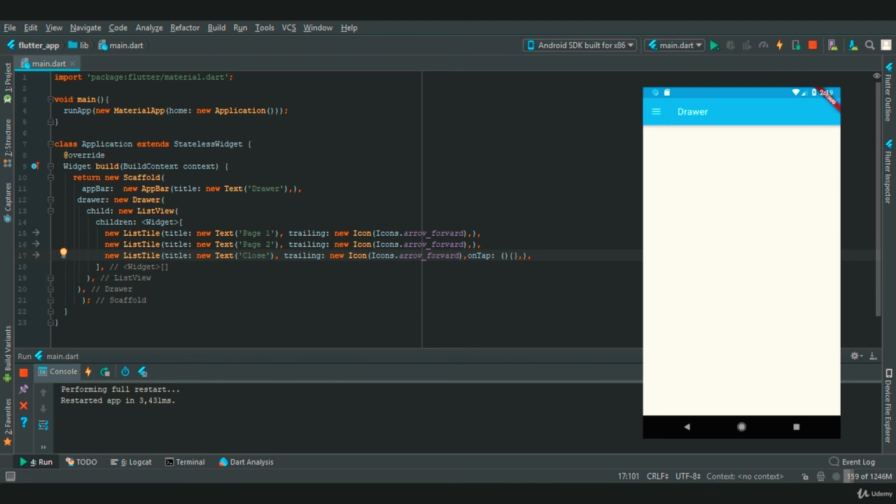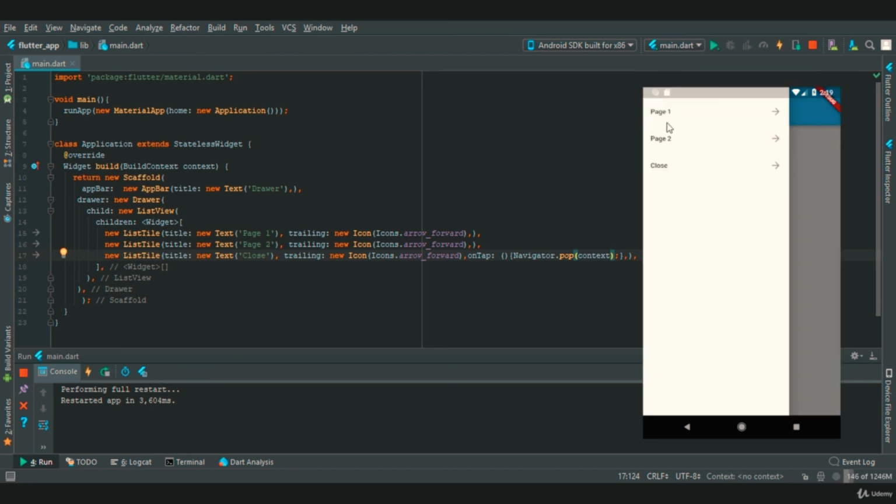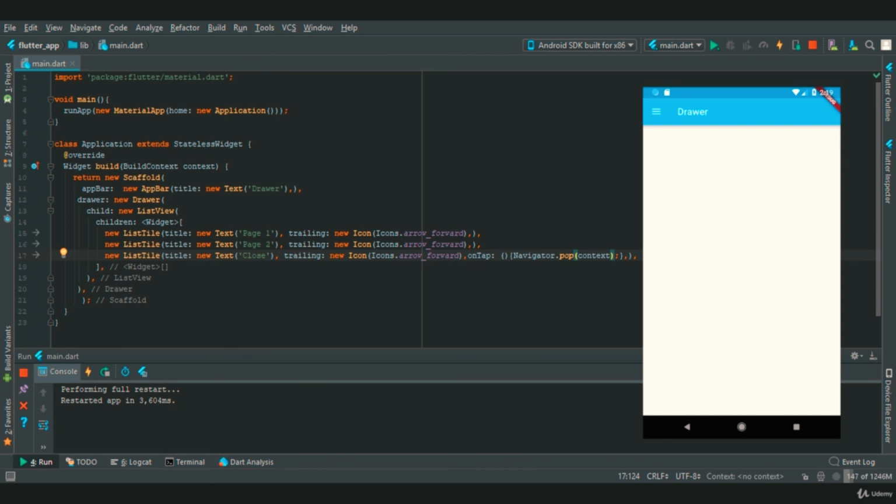In this we are going to say Navigator.pop(context), and if we restart our app, in the drawer we have got three lists, and if we press on close, our drawer will close.